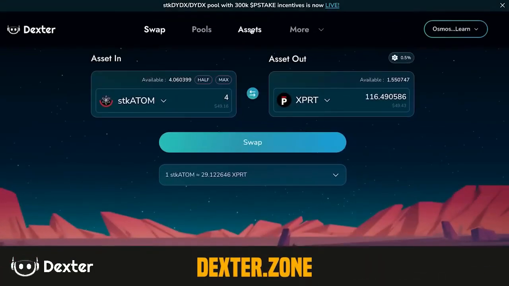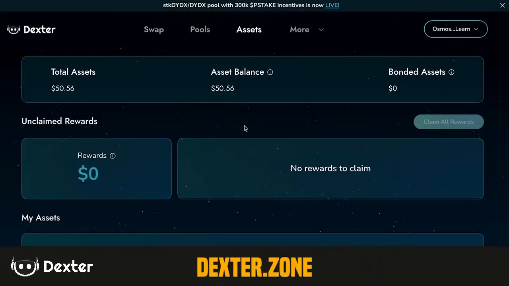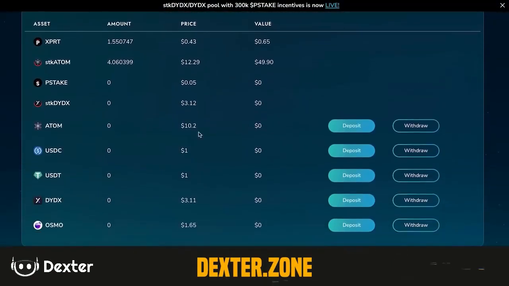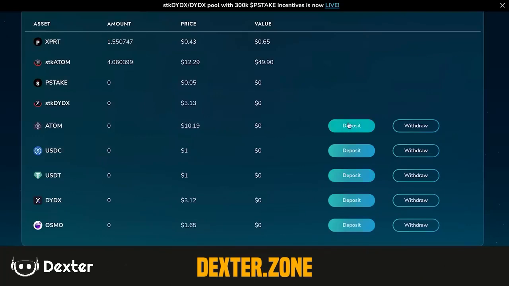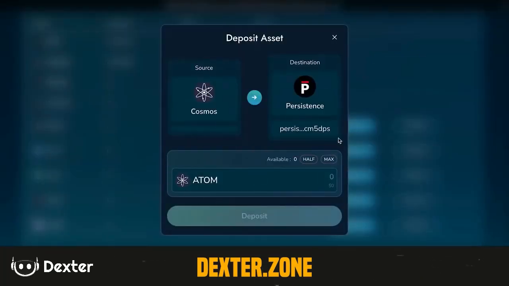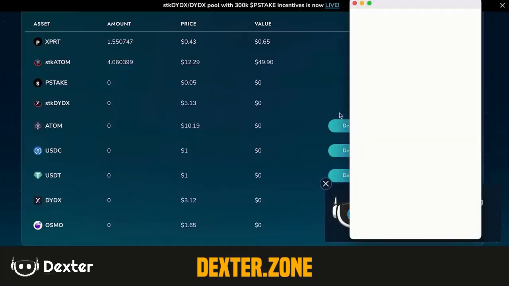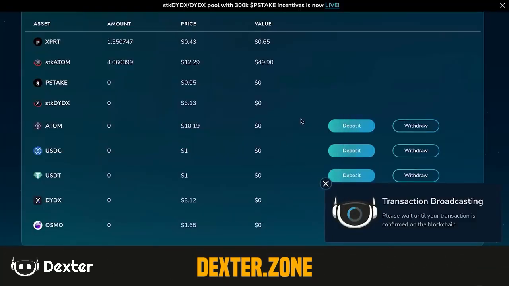If you have Atom on the Cosmos Hub chain and want to bring them onto Dexter, you first have to navigate to the Assets tab and then deposit your Atom onto the Persistence chain, because remember I said Dexter resides on top of the Persistence chain. So everything that you're planning to do on Dexter, you have to think this is all happening on the Persistence 1 chain, right? So you first have to bridge over your assets through IBC, which you can do on the